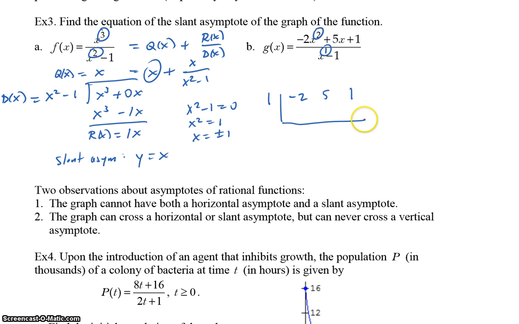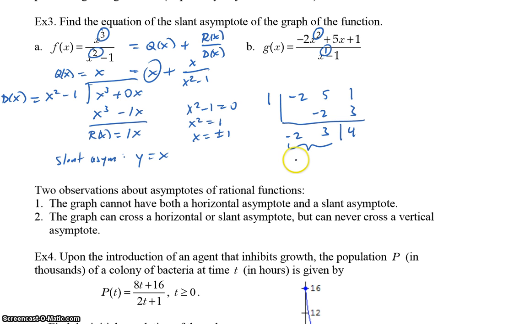I'll make my little L thing here. Bring down negative 2, multiply, add, multiply, and add, and separate off the last value there, the 4. And basically what I've shown then is that when I do this division, the quotient, which is determined by the